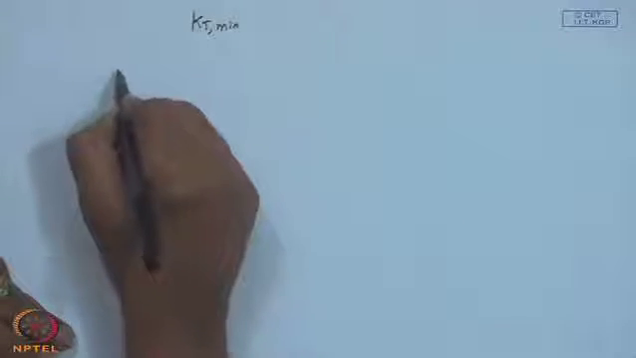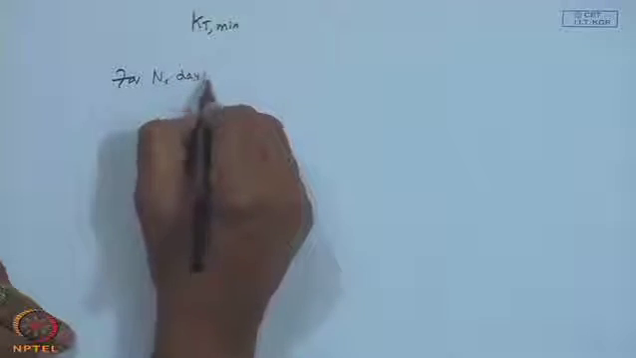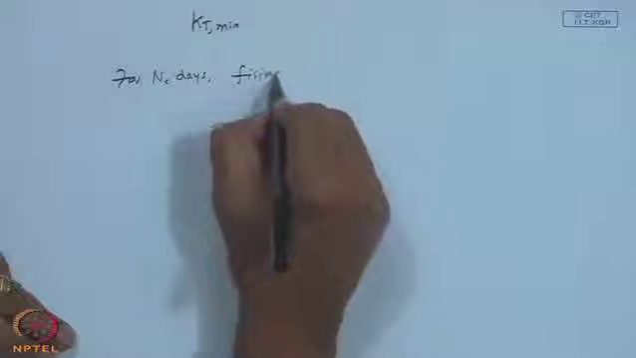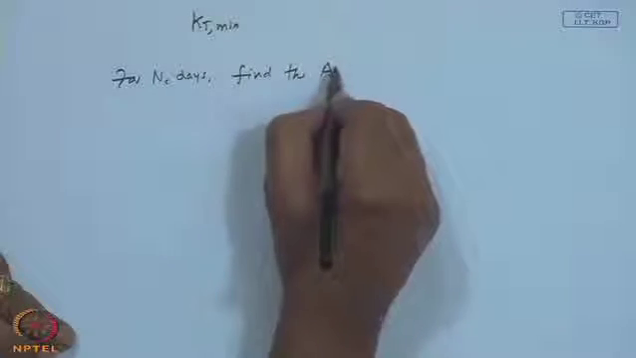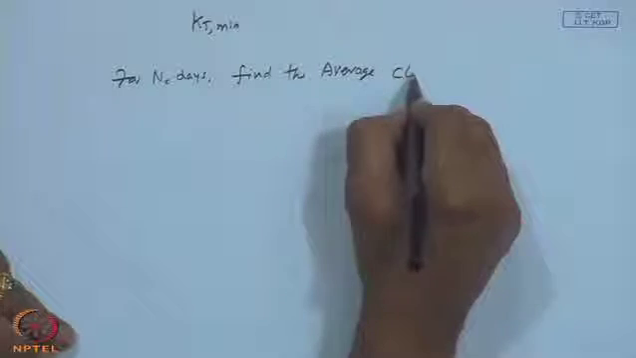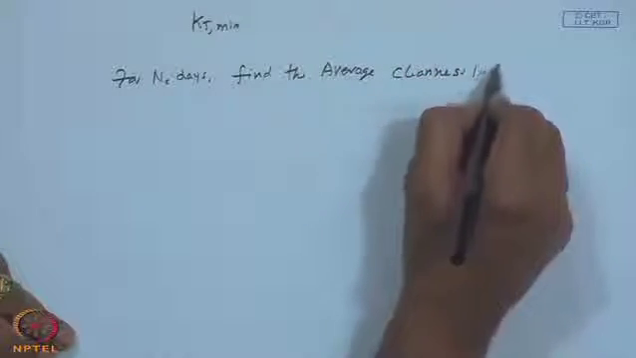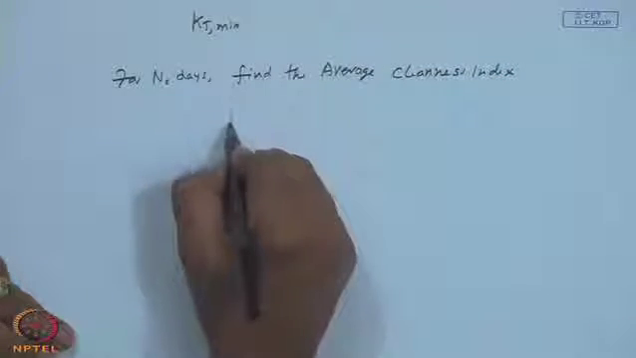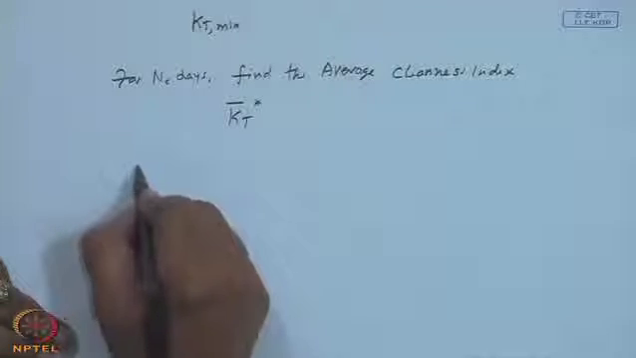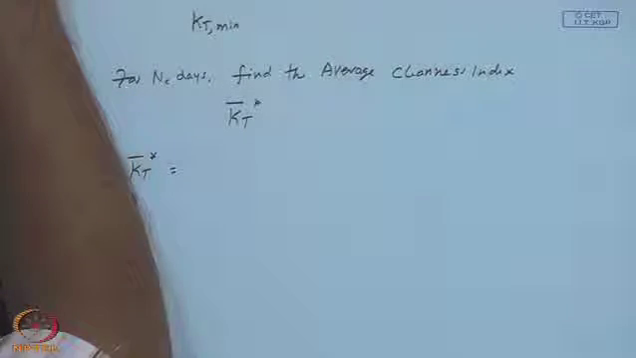Then for the NC days, find the average clearness index, which I will call KT bar star. So, KT bar star equal to